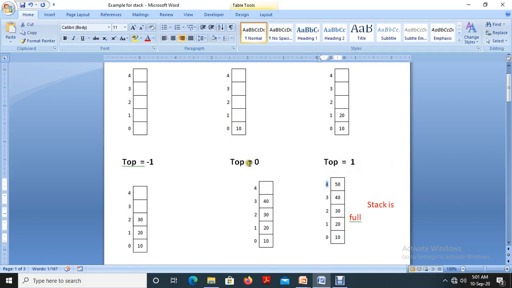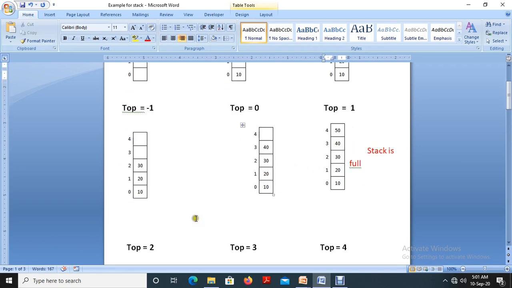So in our case, initially the top value is 0, and after inserting the second element, we incremented the value of top by 1, so top equals 1. After inserting the third element 30, top is again incremented by 1, so top represents the location 2. Again I insert the value 40, top represents the position 3.